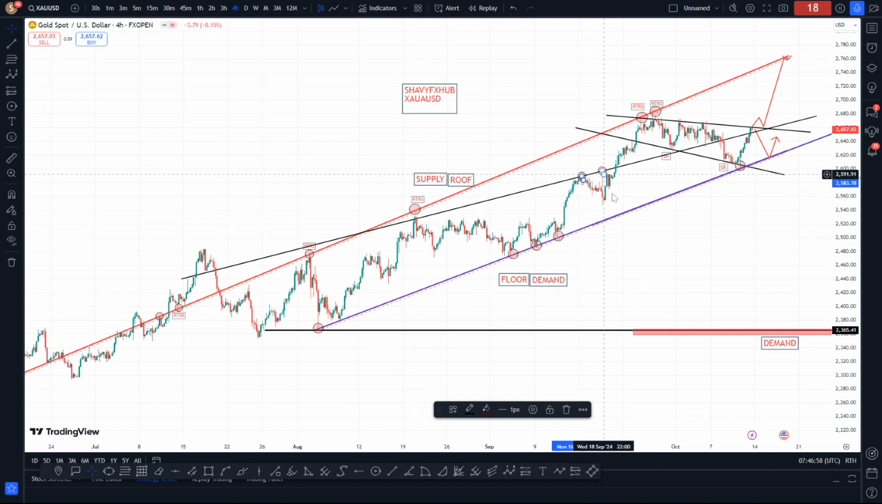Now, the whole aim was to get to the supply roof. But before price gets to the supply roof, there needs to be a grab of liquidity from the demand floor. So when price came back and picked up liquidity at this floor,